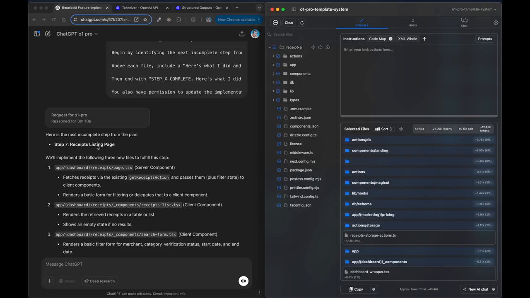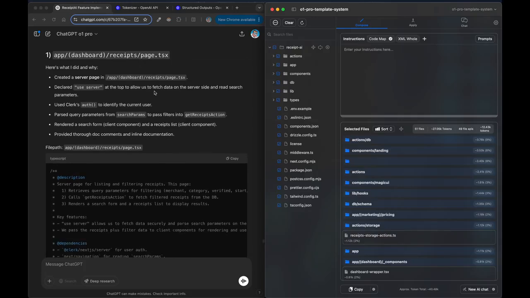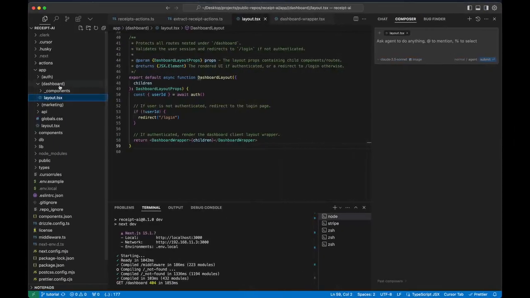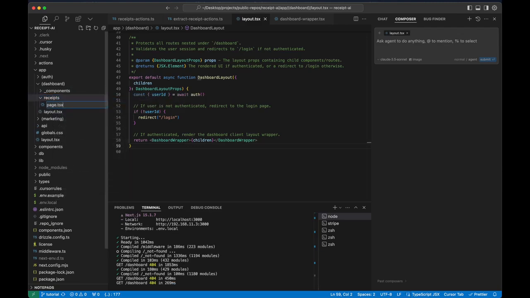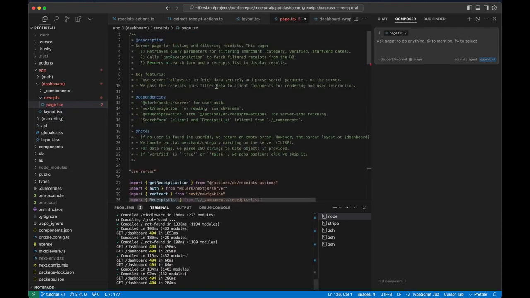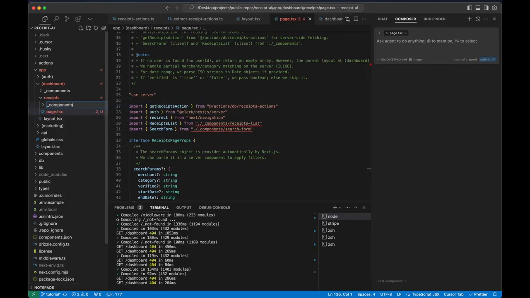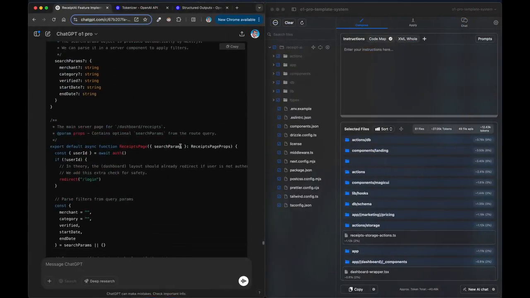So step 7 is where we're actually going to begin getting pages for our dashboard. You can see here the very first page that O1 Pro generated for us is this page.tsx for the receipts page. Okay, so we need to go to dashboard, and now this is going to be our first actual page. So we're going to have receipts, and then this is going to be page.tsx. We can now paste this in. And of course, we are going to need to create an underscore components folder inside of that